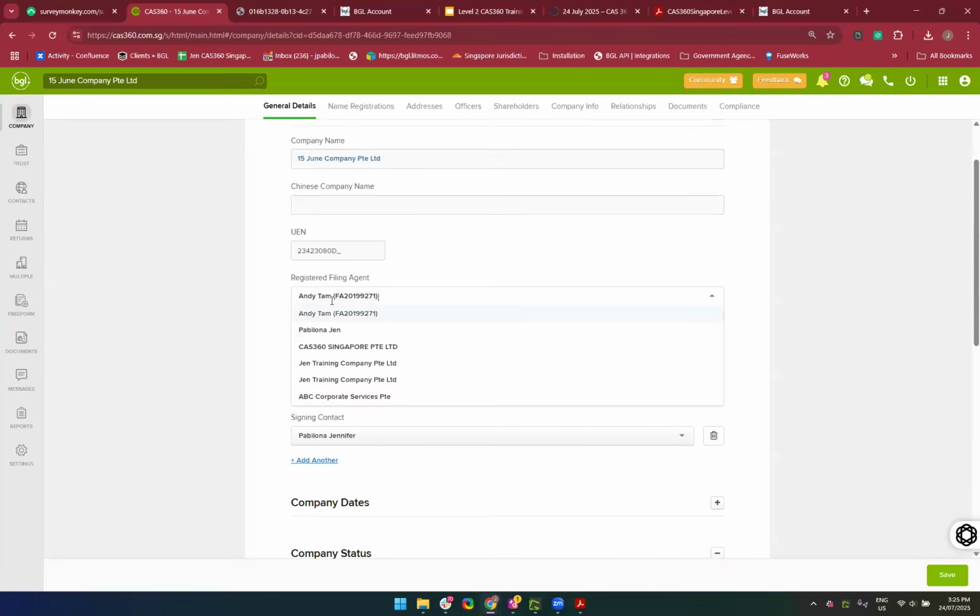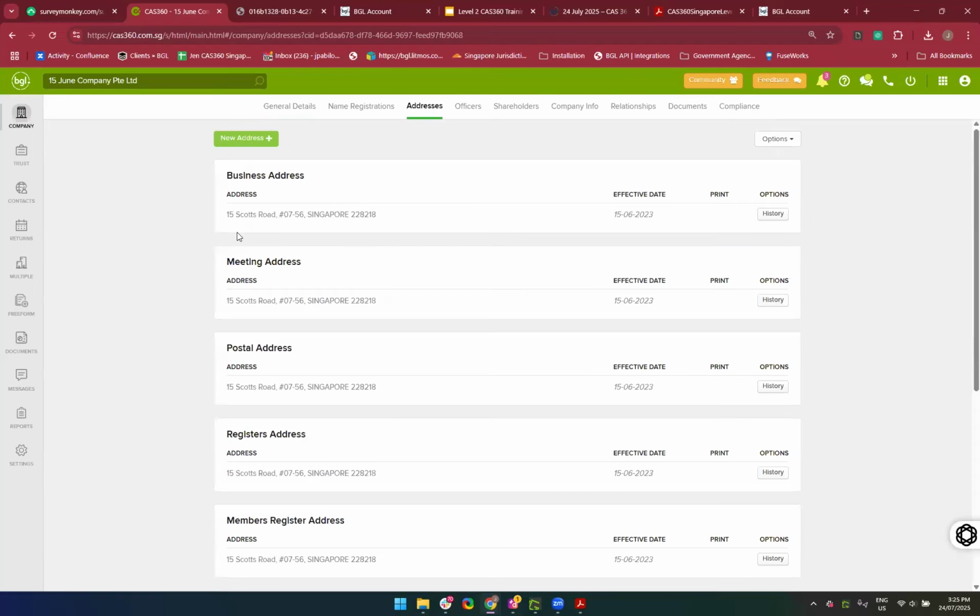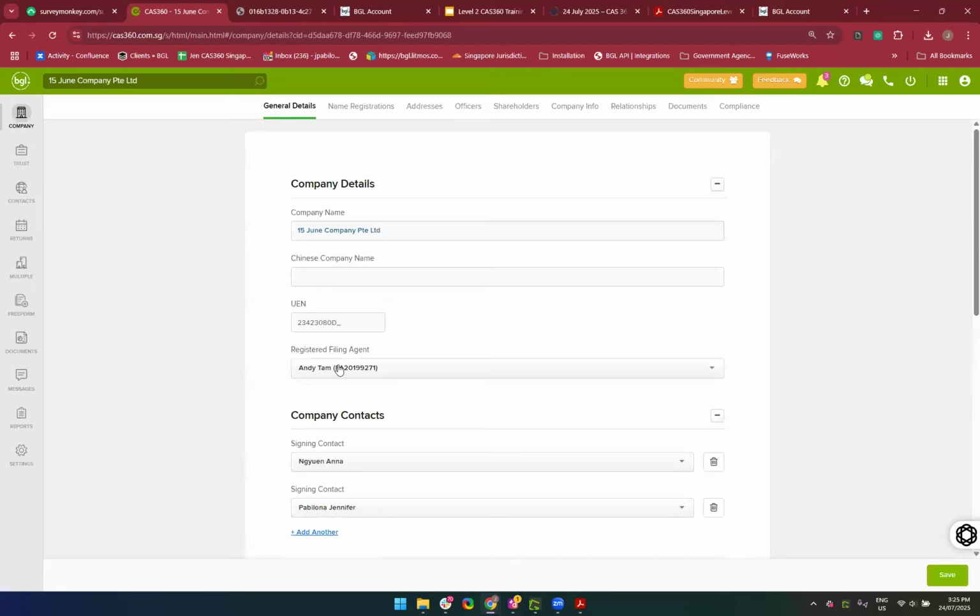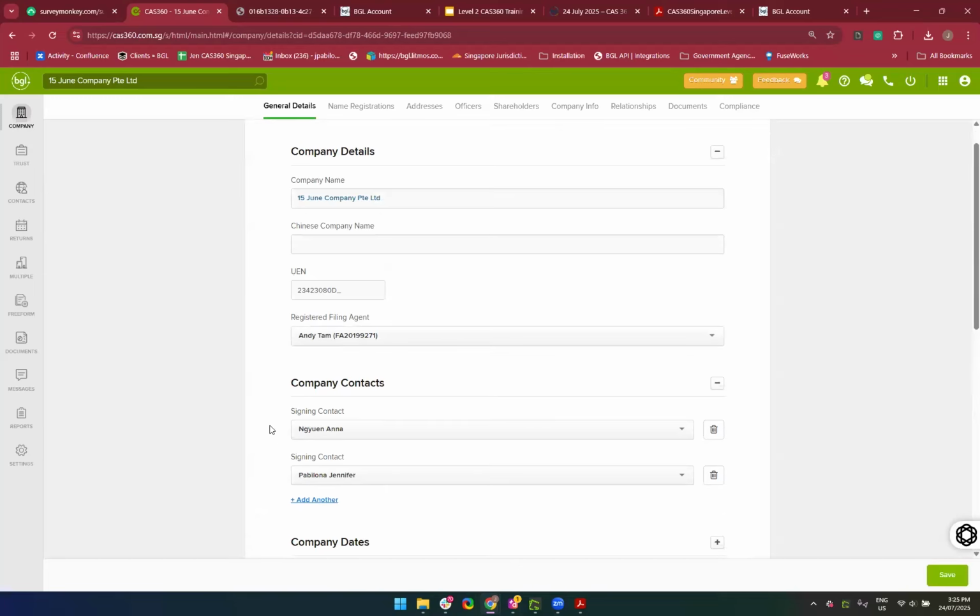If you are processing a company's AGM documents and annual returns, and it keeps showing the registered address of this company, and it's not showing the registered address of your service provider,